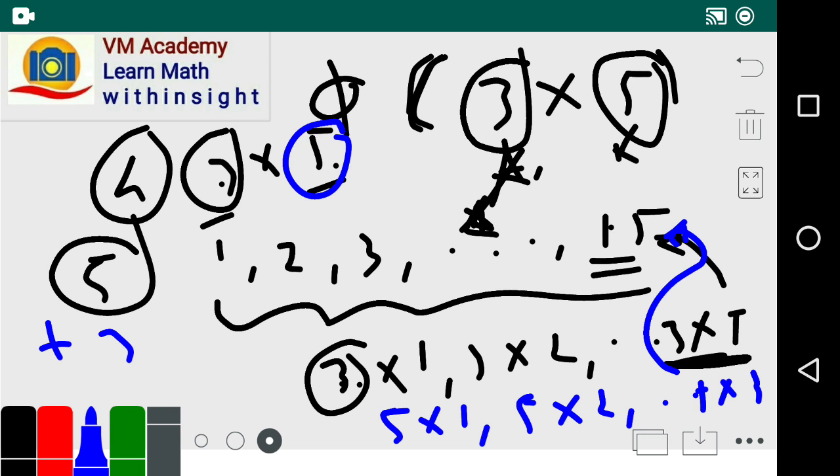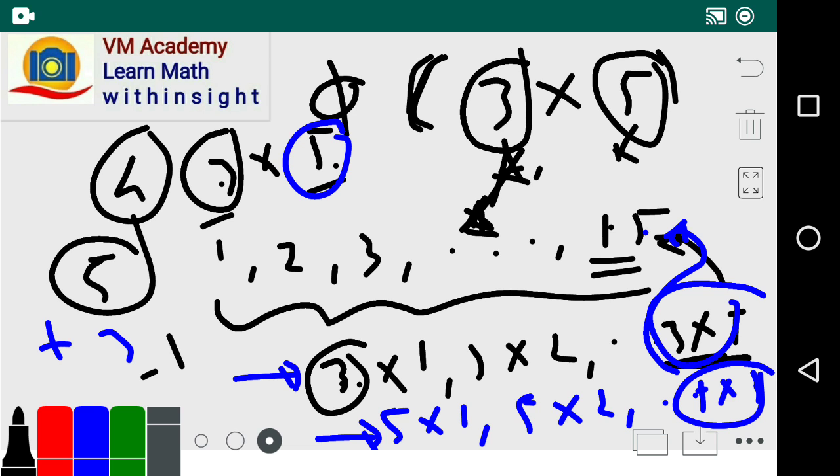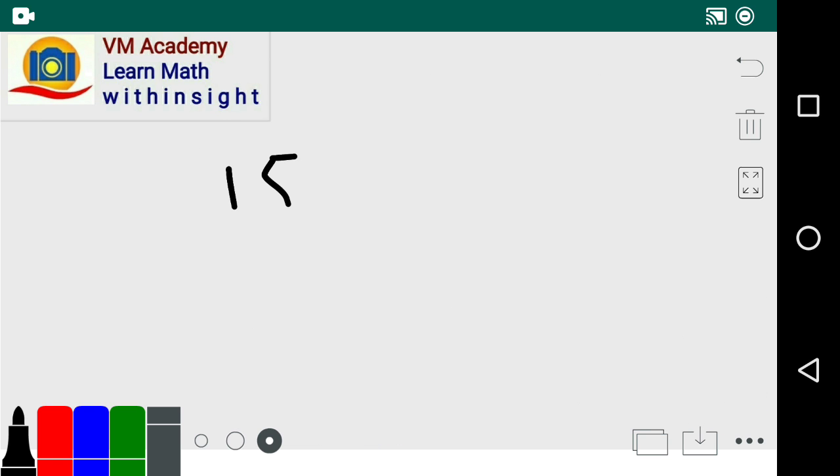But in this counting, we counted 15 twice, friends. We counted this 15 twice, so we have to subtract 1. So 5 plus 3 is 8, minus 1 is 7. So there are 7 numbers that are not relatively prime to 15, up to less than or equal to 15. So out of 15 numbers,